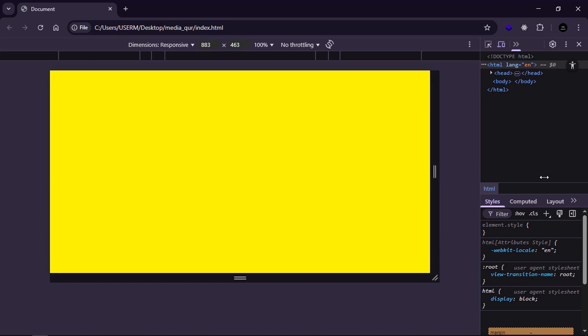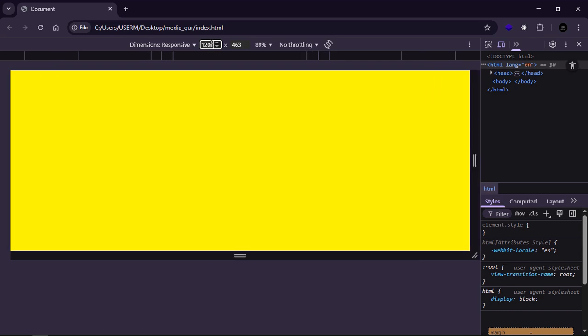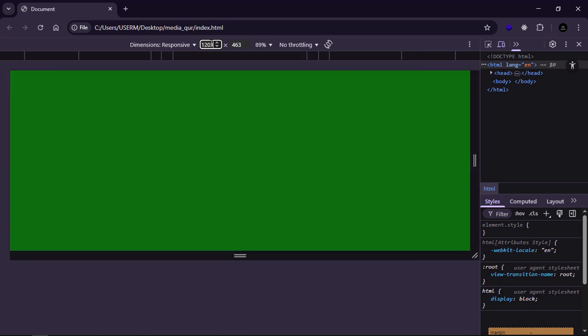Come in, 1200 pixels, 1000. Let me go 1200 pixels or 200 pixels, then 1201. Can you see that it is now forest green? So which means that when we get to 1200